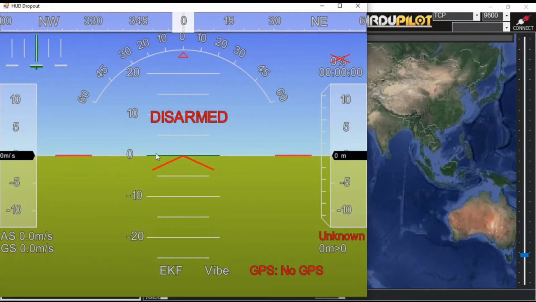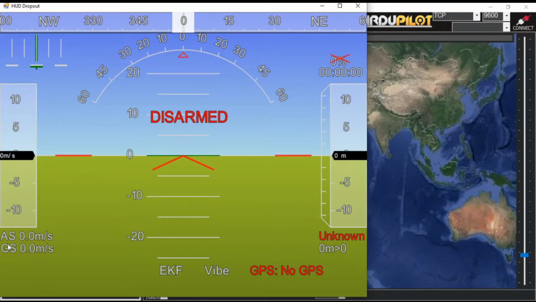This display is called a head-up display, or in short form HUD. It is generally used in aircraft and placed just in front of the pilot's head, and it displays all the necessary data or information to a pilot, so he or she does not have to look down at the instruments to see the information they need to fly or control an aircraft. And because this display is placed in front of the pilot's head, that is the reason it is named a head-up display. So let's talk about this in detail, and let's start from the bottom left corner.